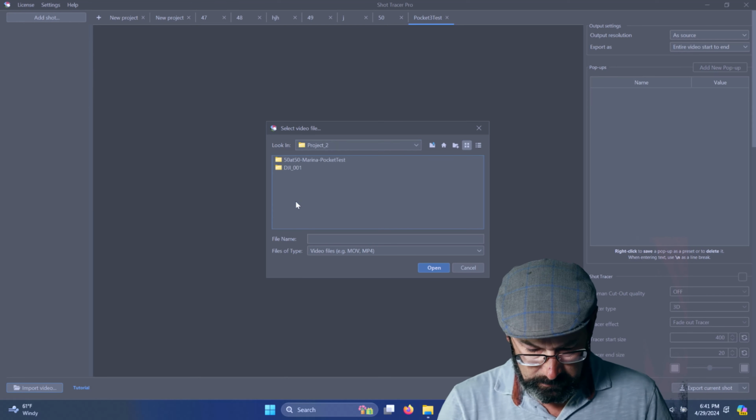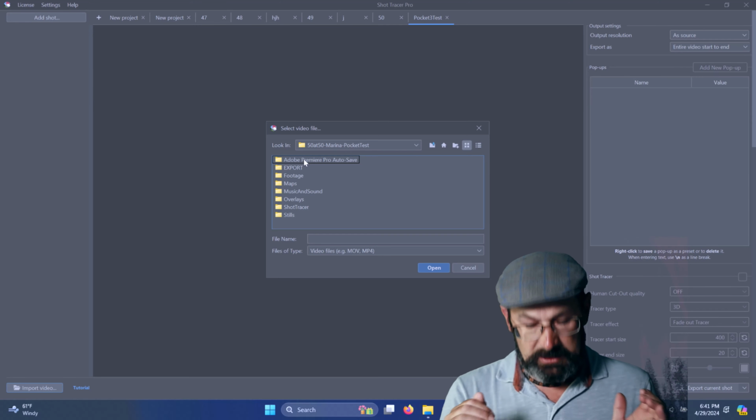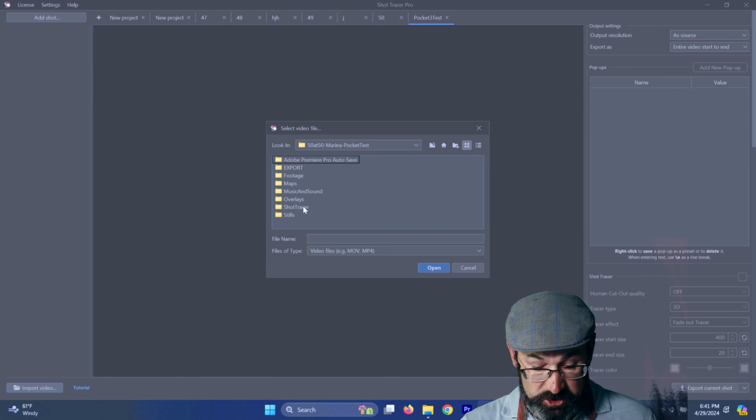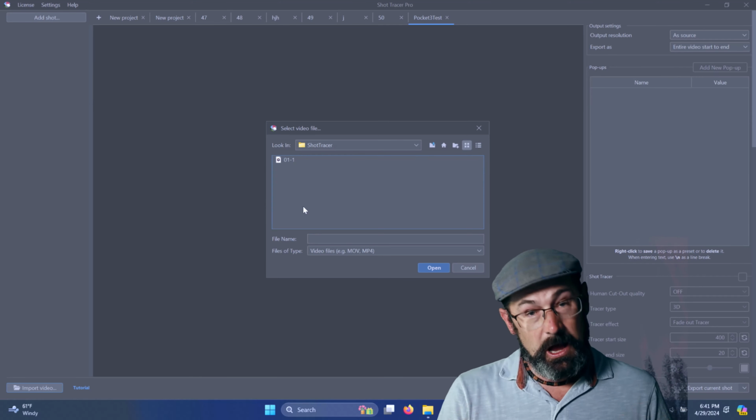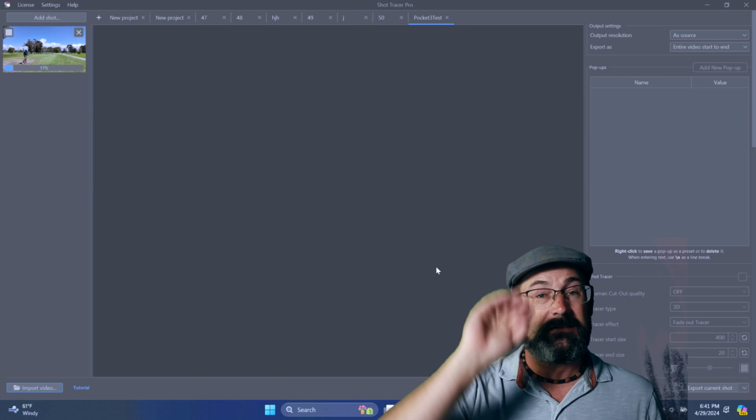So if you remember, I exported that from Premiere. I exported into Shot Tracer. So if I go to Shot Tracer, I'll see all my shot tracers. I'm going to select this first file and select open. Now that's going to open the file. It's going to automatically analyze it and try and find the correct